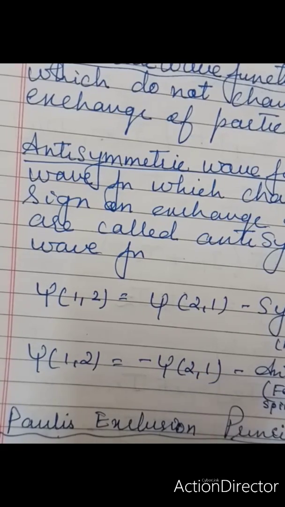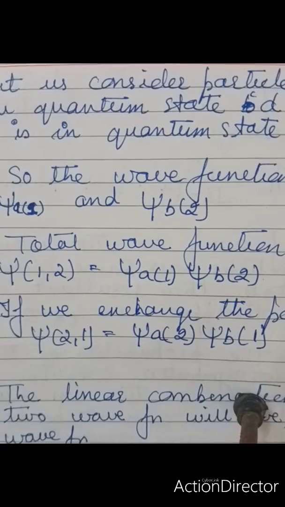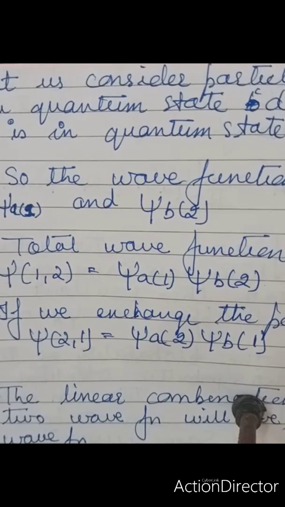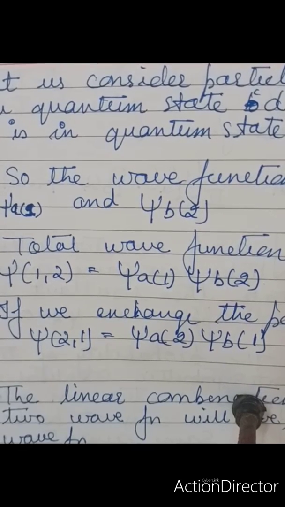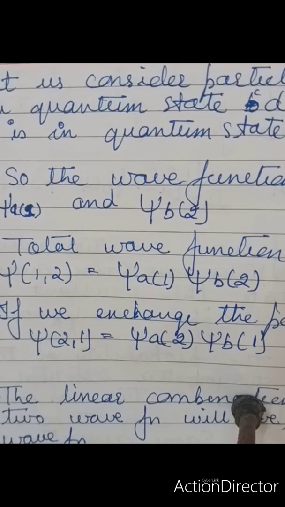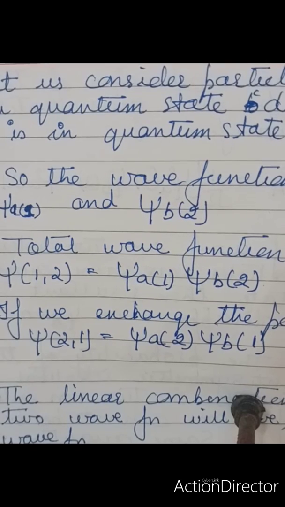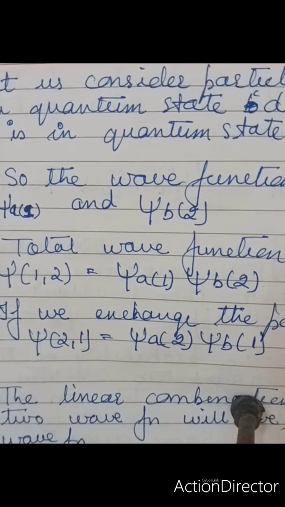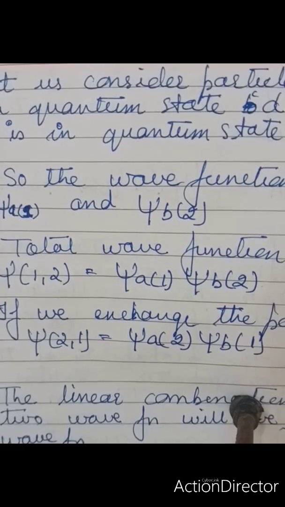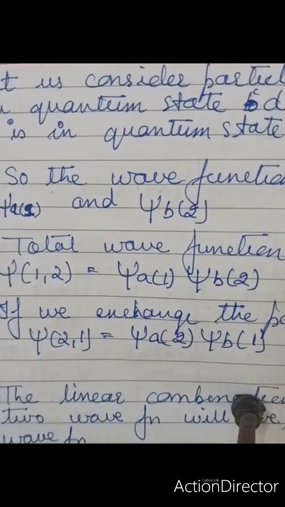Now let us talk about Pauli's exclusion principle. This you have studied in your earlier classes also. What it says is that no two electrons can have all four quantum numbers the same. That is the principal, azimuthal, magnetic and spin quantum numbers. They cannot be the same. So for explaining that, let us consider a system of two non-interacting identical particles,